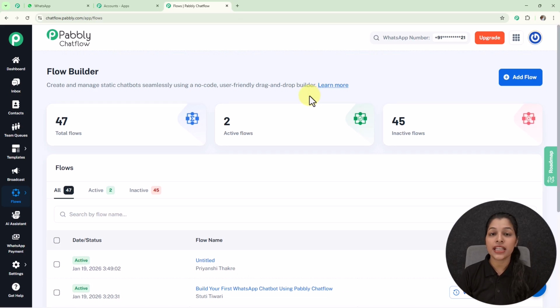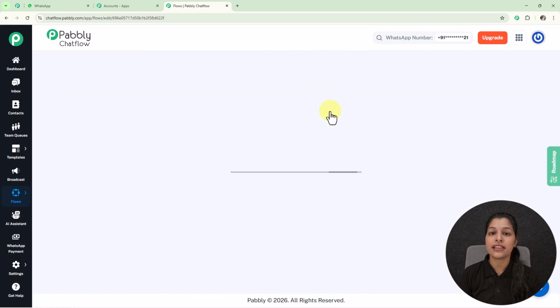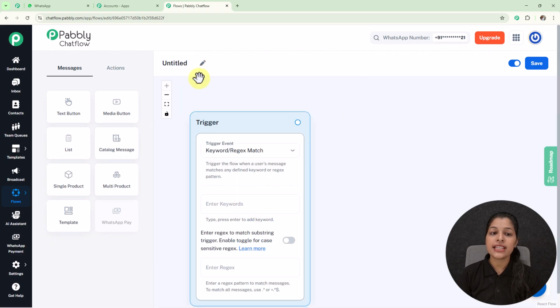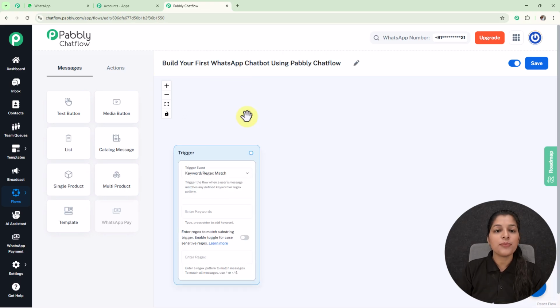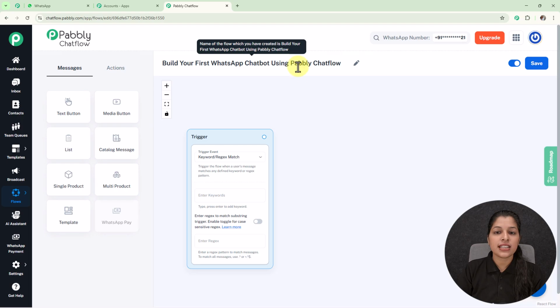And if you want to create a new flow, you just have to click this Add Flow button, and here we land on our flow page where you might see the option of providing the flow name. So now let's provide a name to my flow here. I'm giving it the name Build Your First WhatsApp Chatbot Using Pabbly Chatflow, and afterwards